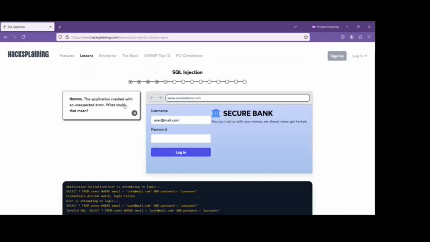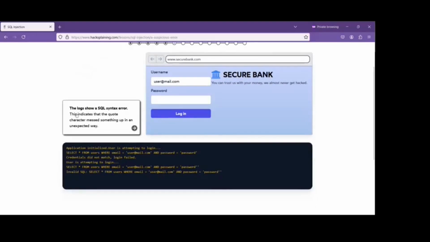Okay, so what does it mean? The log showed here SQL syntax error. This indicates that the quote character messed something up in an unexpected way. సో ఇప్పుడు మనం ఇచ్చిన సింగిల్ కోడ్ ఏదైతే ఉందో పాస్వర్డ్ తర్వాత అది ఇక్కడ అప్లికేషన్ మీద ఇంపాక్ట్ అనేది చూపించింది. సో ఇట్ ఈస్ అన్ అన్ఎక్స్పెక్టెడ్ వే ఆఫ్ రిప్రజెంటేషన్. ఓకే. నౌ ఇఫ్ యూ క్లిక్ ఆన్ నెక్స్ట్,